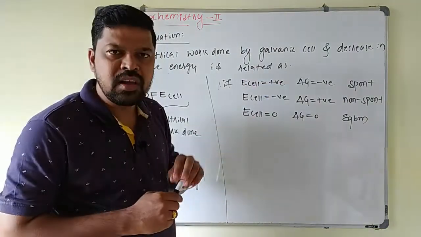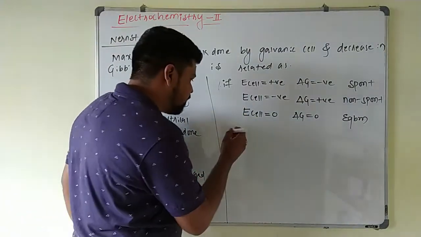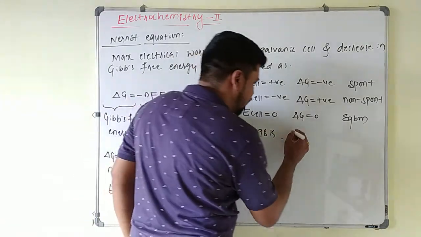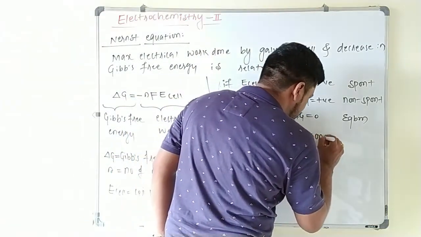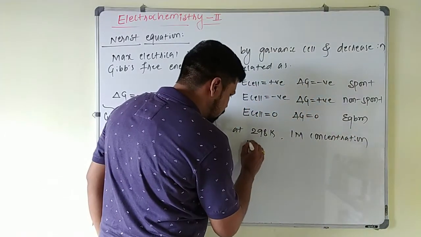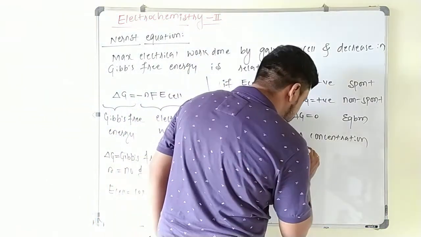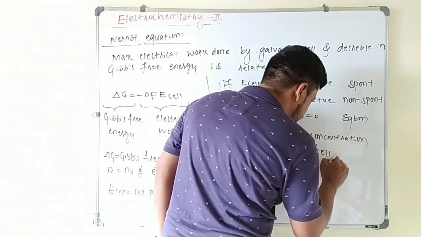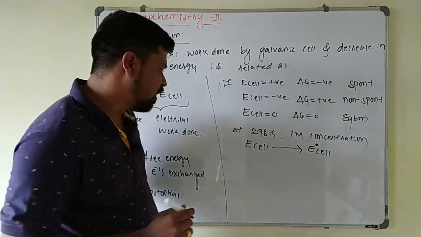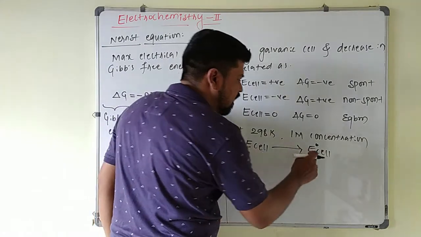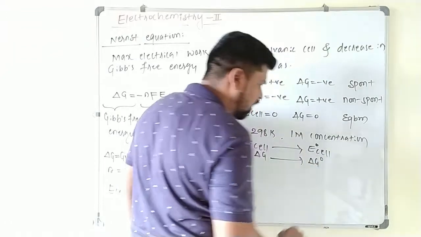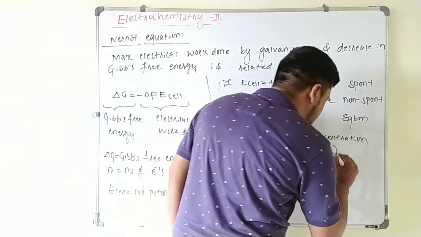cell potential is taken as what? Standard cell potential. At 298 Kelvin and 1 molar concentration, this cell potential becomes what? Standard cell potential. Standard cell potential is nothing but just you have to put a dot on E here. Okay, when this cell potential becomes standard cell potential, so that Gibbs free energy is also written as what? Standard Gibbs free energy. So under this standard condition,